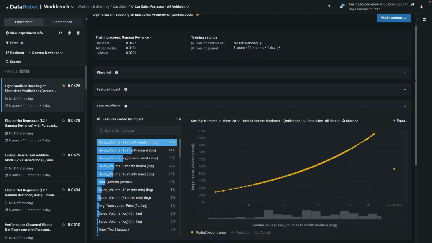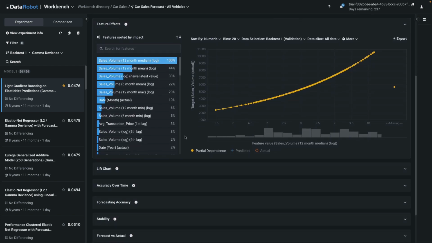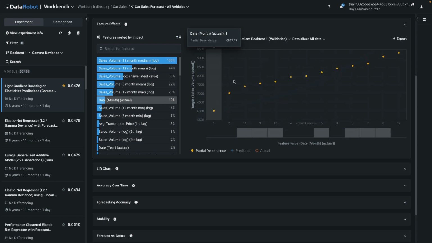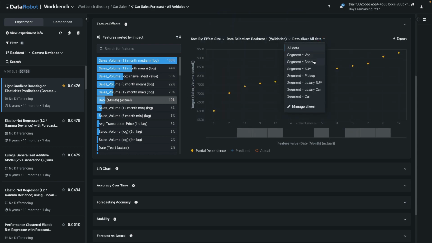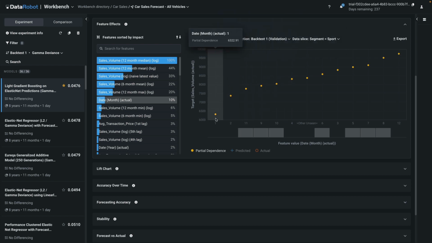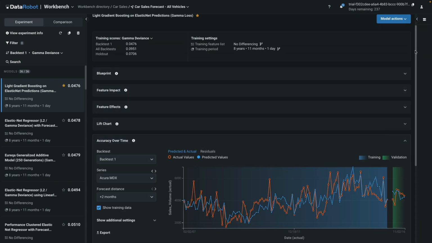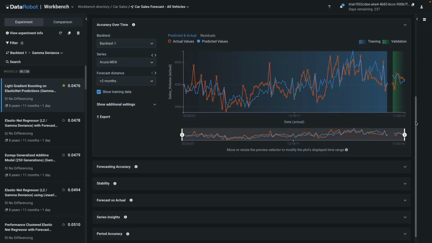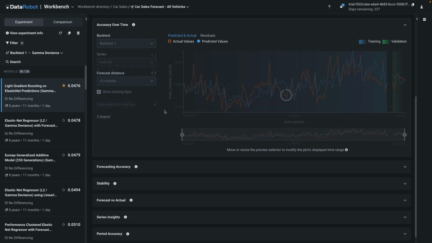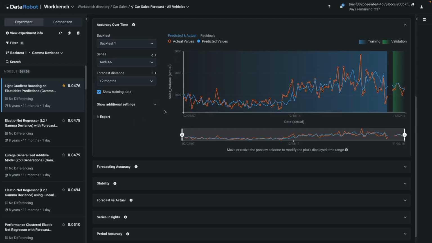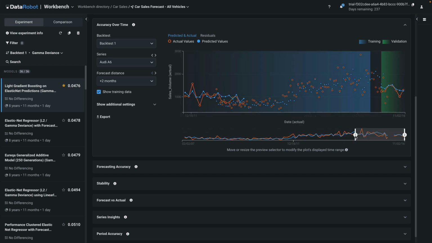We can validate and probe that insight a bit further with feature effects. Holding all other features constant, the partial dependence plot shows that predicted sales for sports cars are lowest in January and highest in August and December. Accuracy over time allows you to visually inspect how well the model fits your training data. Here you're seeing the actual values in orange and the predicted values in blue for each individual series of car. You can examine how well the model fits the entire 9 years of data provided, or just zoom into the